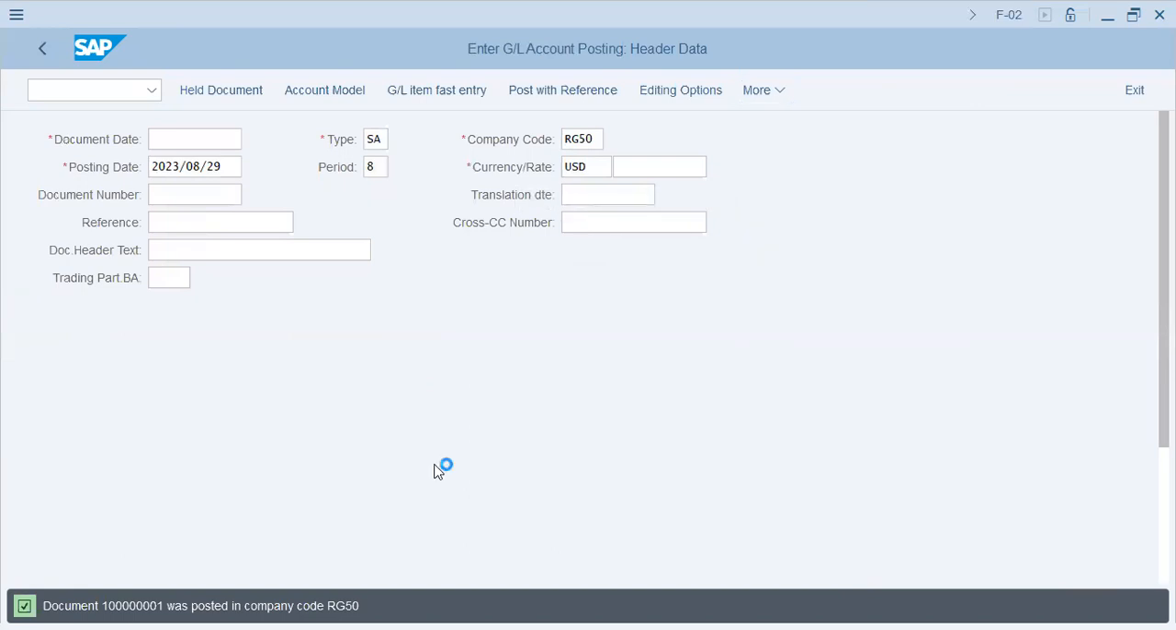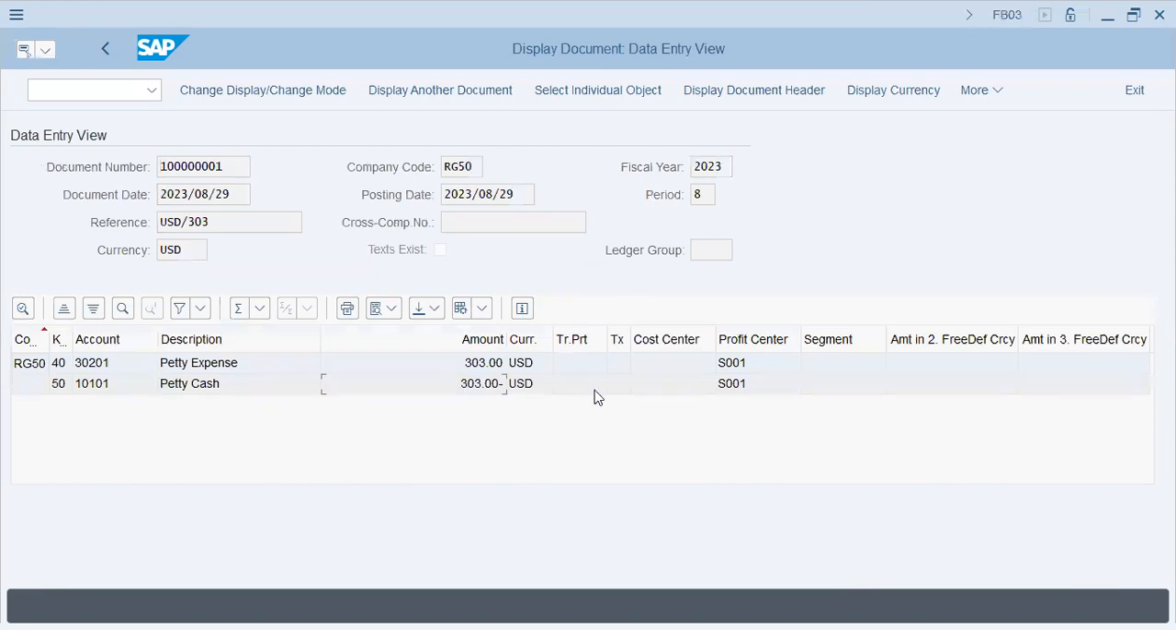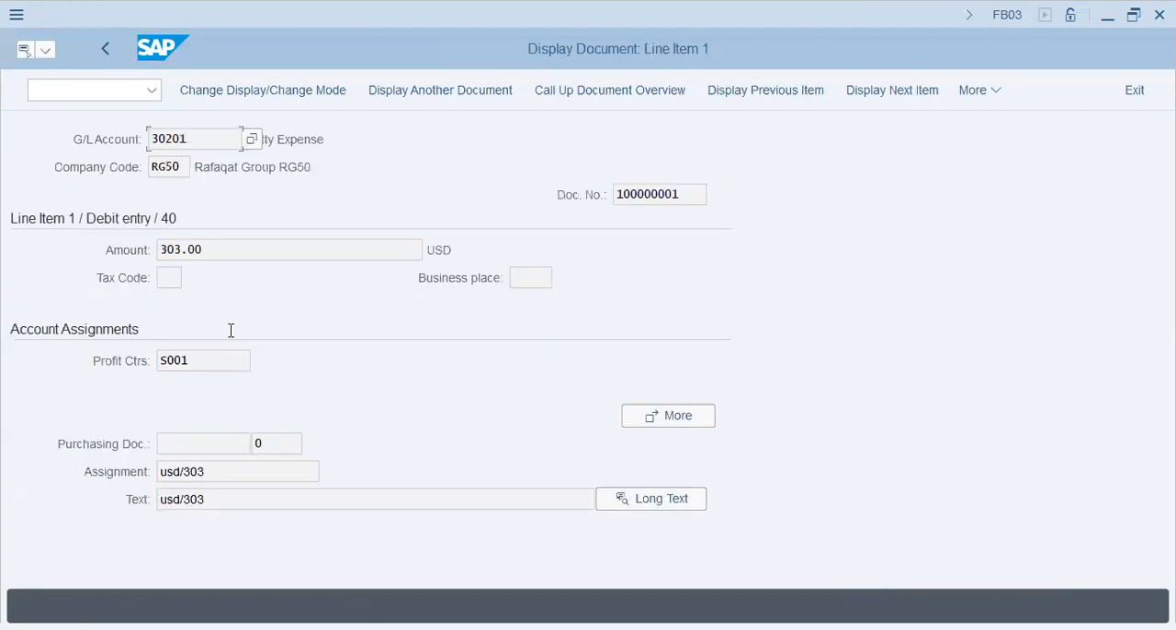More document display. Okay, this is how you post a document. Okay. Now, if I click over here, and this is how a line item is actually shown. Okay, moving to next transaction code,